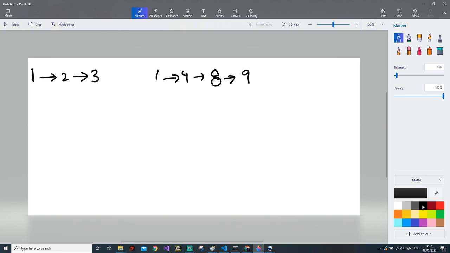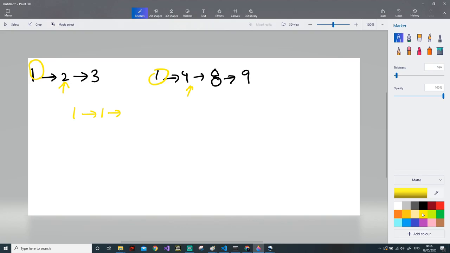Now first we need to compare these two elements. I will change the color so that it is pretty clear. First we compare 1 with 1. We know that they are both equal, so we can take either linked list's element. I will take the first one and then I will take from this one. Now these both are removed, and we are pointing here and here.